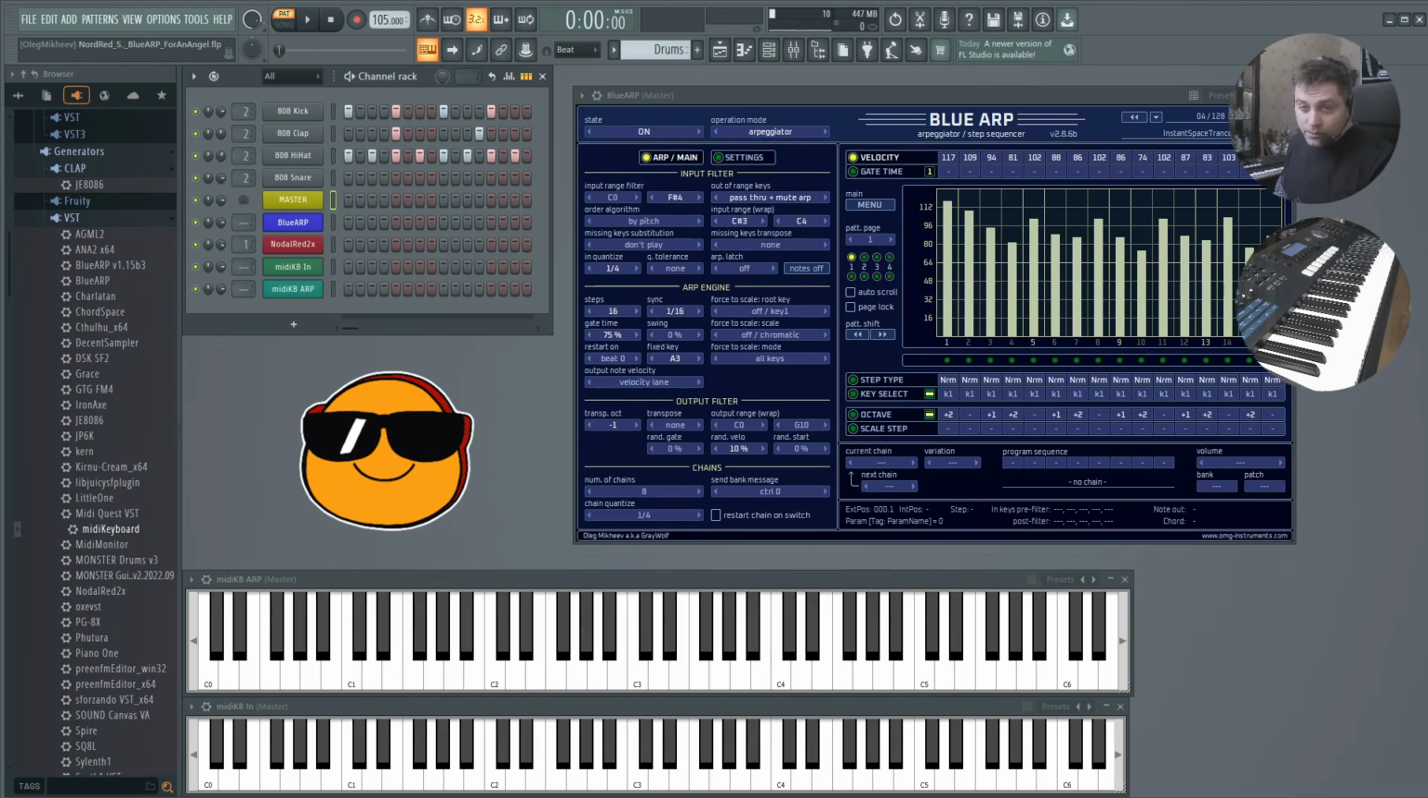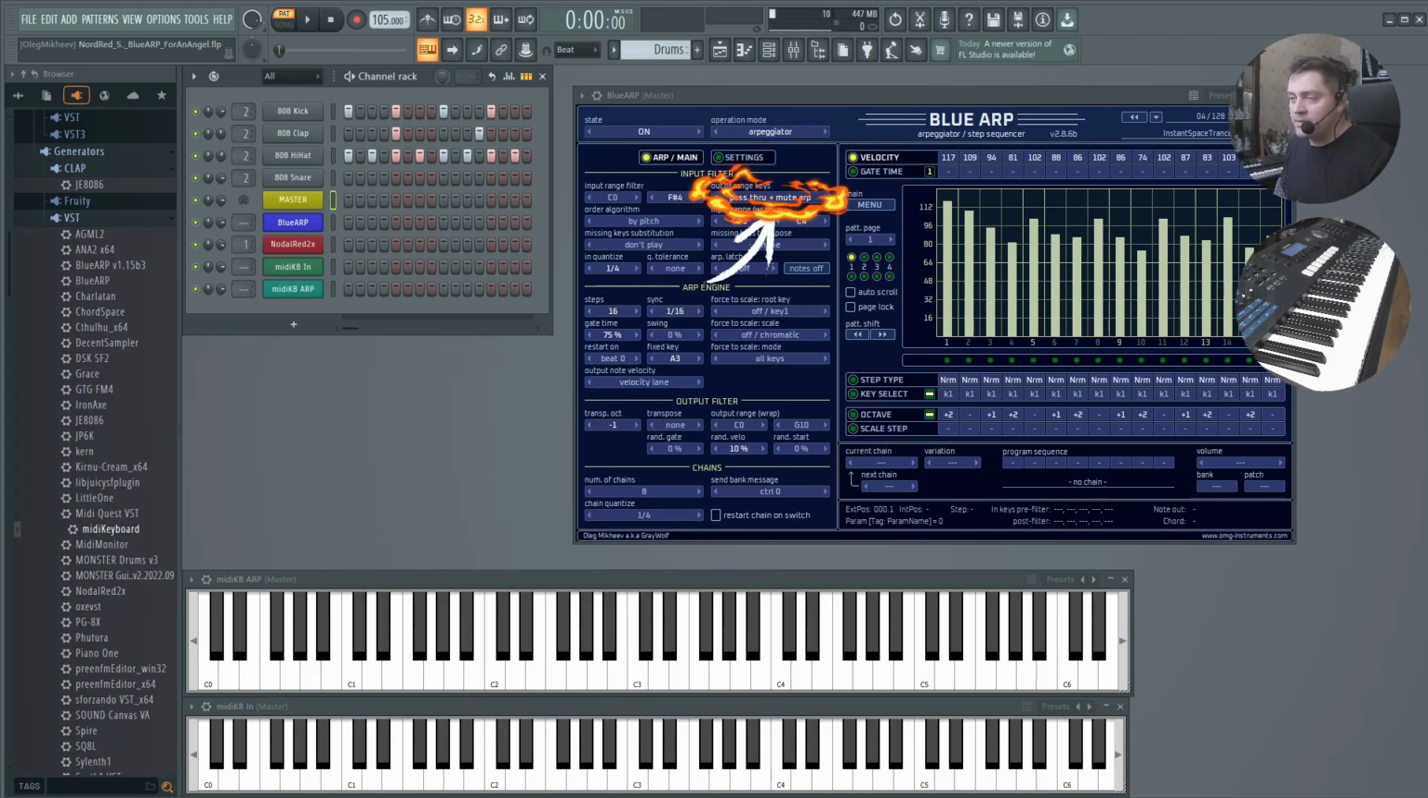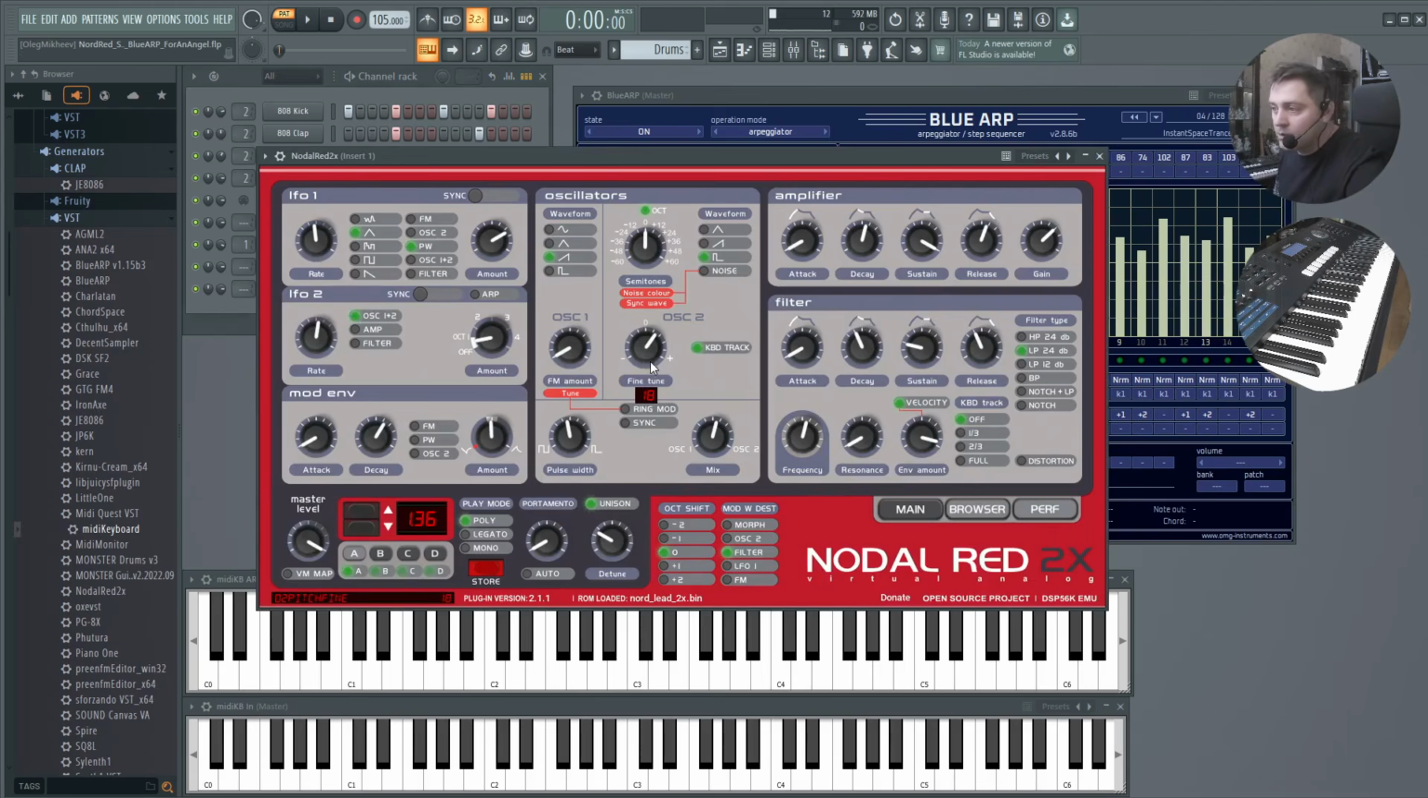This is how you can turn virtually any melody into trance arpeggio with BlueARP in real time, using this new feature called pass-through plus mute ARP. Now let me explain how it works. First of all, the synth I have here is Nodal Red 2X, a Nodal Red emulation, and quite a nice one. I have a hypersaw type of sound here,